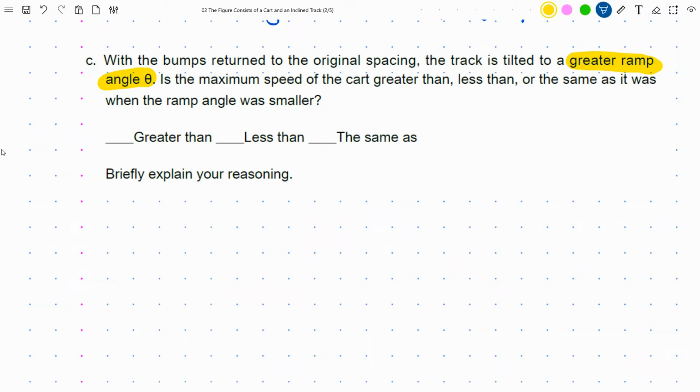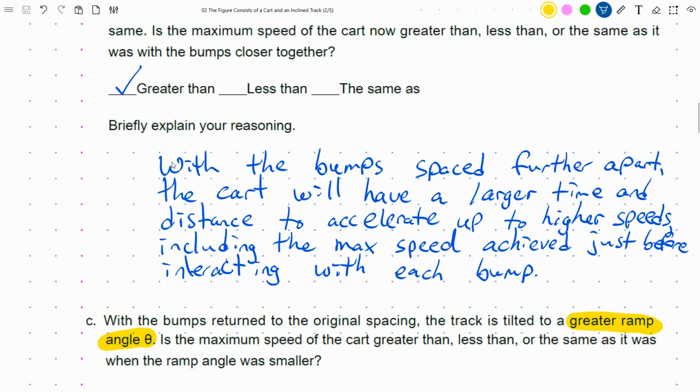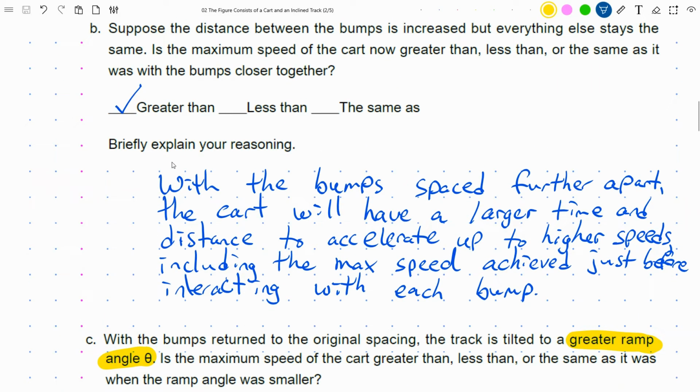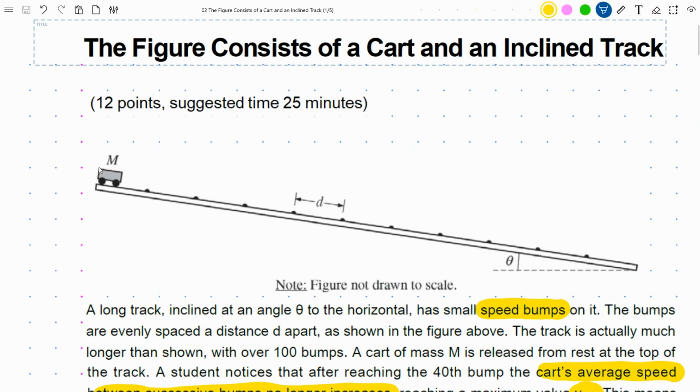The question I'm now being asked is: is the maximum speed of the cart greater than, less than, or the same as when the ramp angle was smaller? So it's kind of a repeat of the part we just did, part B, in that we're trying to figure out what's going to happen to the maximum speed due to a change that occurs. But in part C, to be clear, we are keeping the bumps the same spacing, but we're imagining